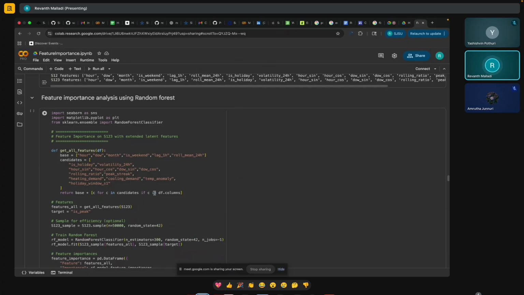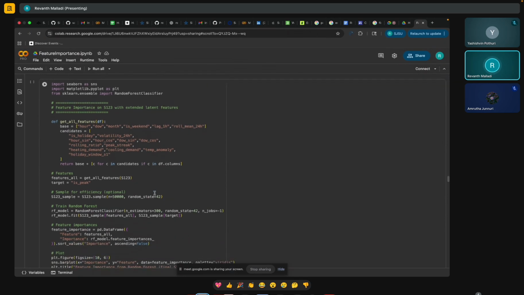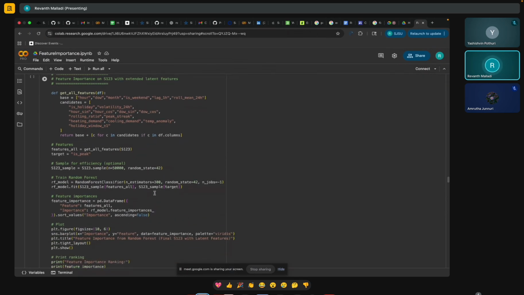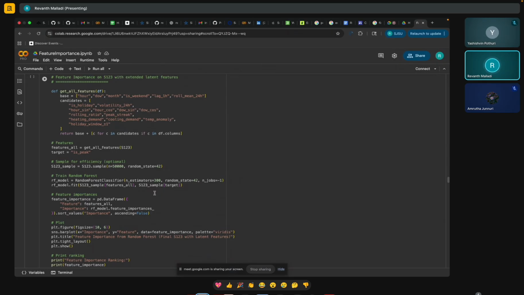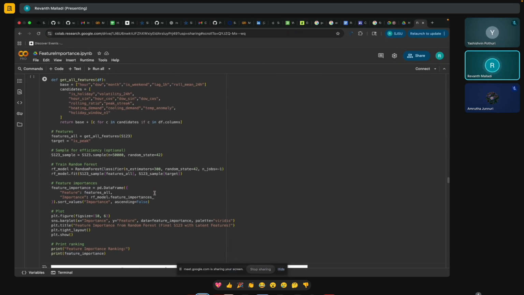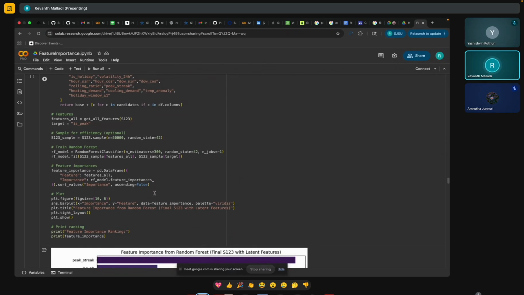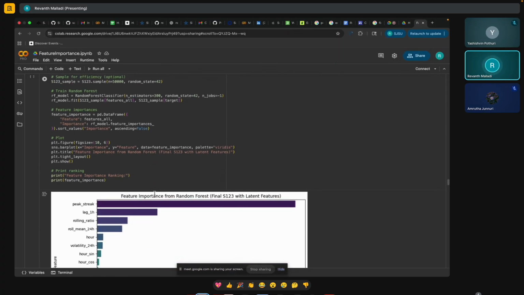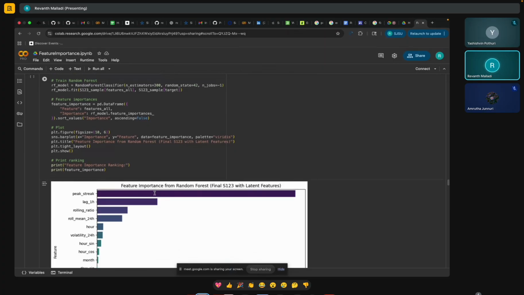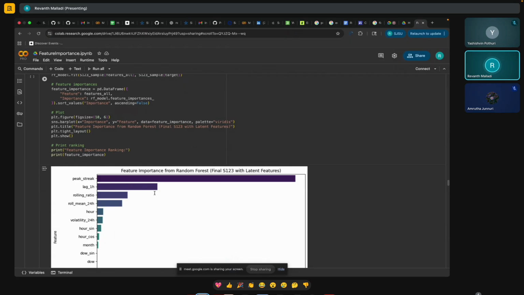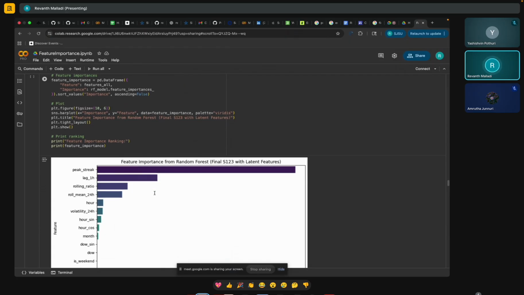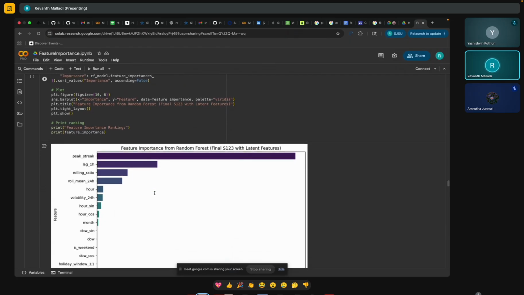For the feature importance analysis, once we trained the random forest classifier on the full feature set and extracted the importance values, we found the top features across all the data sets: temporal dependencies, short-term variation, behavioral scaling, time pattern, and trend persistence. Meanwhile, features like holiday window 1, temp anomaly, or long range rolling features had minimal contribution, indicating noise. We therefore removed low importance features, refined our models, and compared the results to show how the pruning